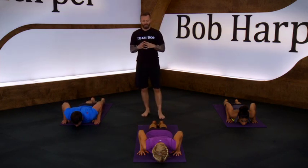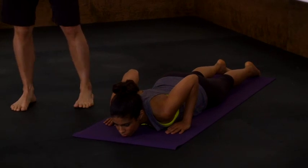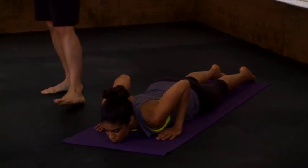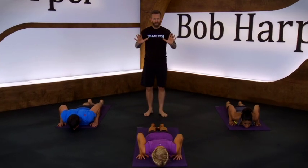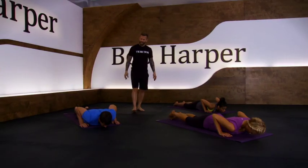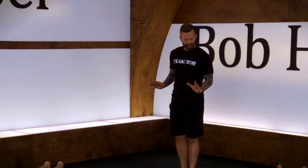Now, if you feel the need and you're a beginner that you can't do them on your toes and you're gonna really be able to sacrifice a lot of form, I want you to follow Amy. Amy is going to do the push-ups on her knees, all right? So it's really important that you get your body in prep for that movement. So I'd rather you go onto your knees so you can go all the way down and give me that full range of motion. So from here, with your toes tucked under, elbows brushed to the side of your body,